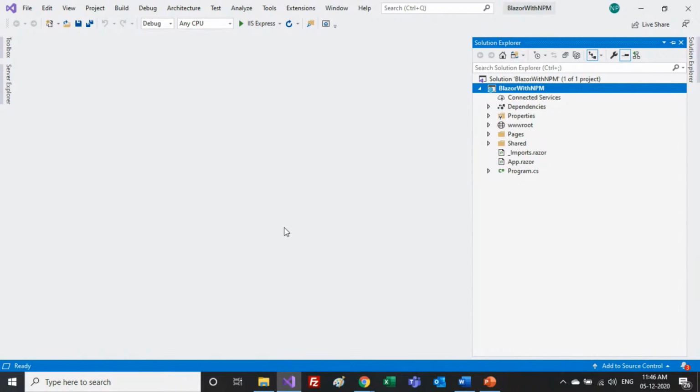In this industry right now, we are jumping into a new era of ASP.NET Core Blazor. From the past, whenever we started working on modern web application development, NuGet Package Manager was doing such a wonderful job in terms of the Microsoft technology stack. But in the industry where modern applications work, like Angular, React, or many others,